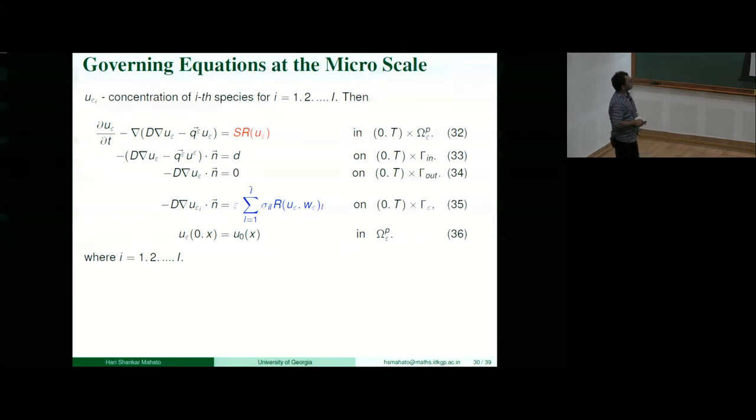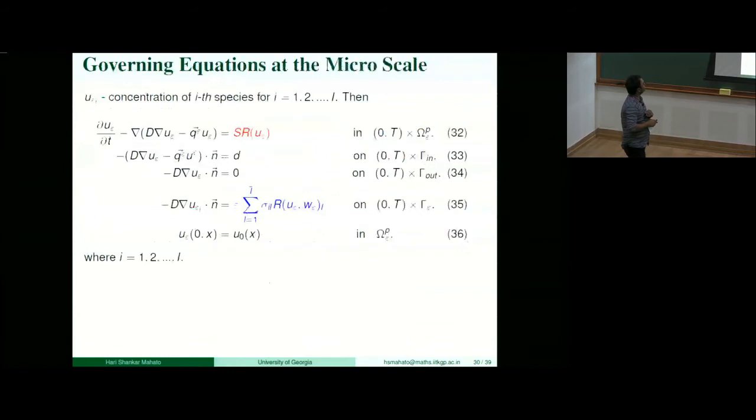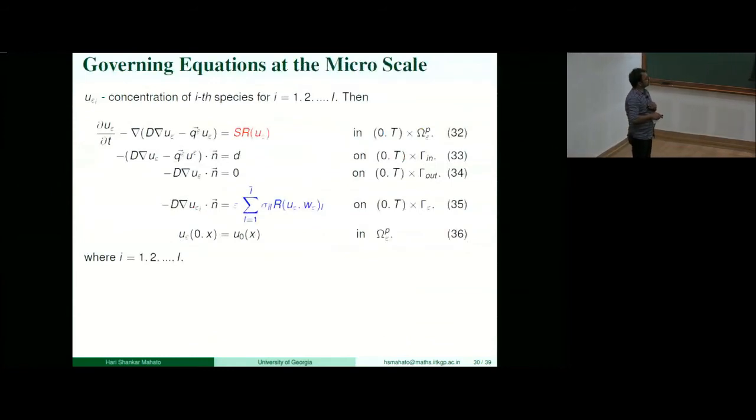Now here on gamma epsilon, if we go back, I'm saying that on the surface of the solid parts, due to the presence of these minerals, you can have these minerals dissolving, and then this will give you the mobile species. Whereas the mobile species can react on the surface, and it will give you minerals. So basically, some kind of flux or some kind of exchange is happening at the interface. So in our boundary condition, on the surface of the solid matrices, you'll have some kind of flux condition. And that flux condition is nothing but the reaction that is happening on the interfaces, which is given in this way.